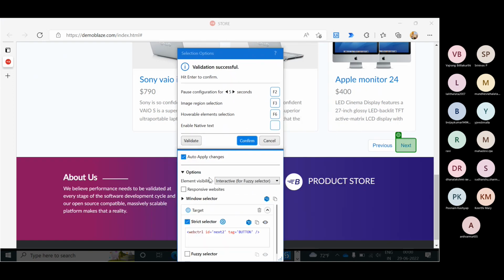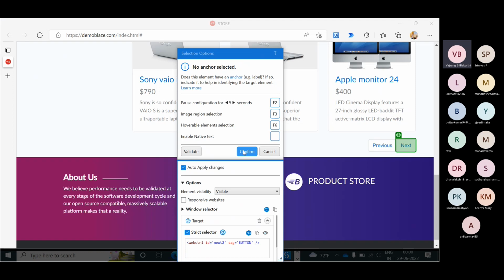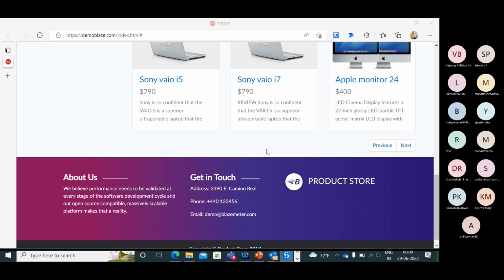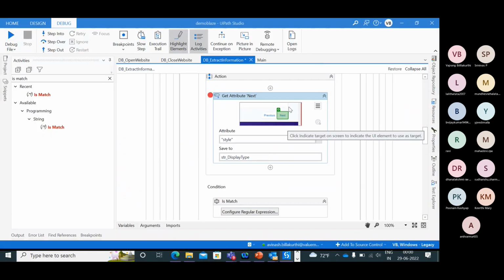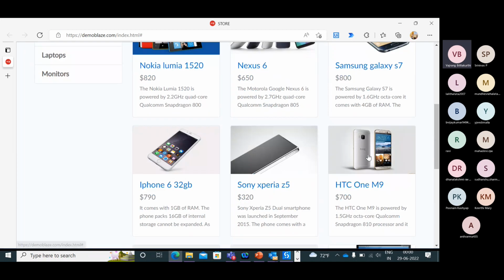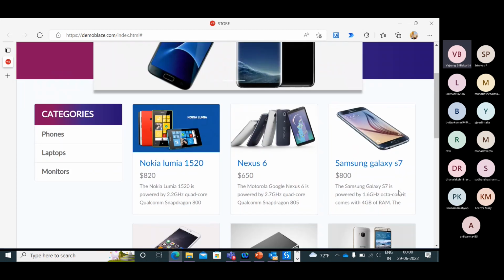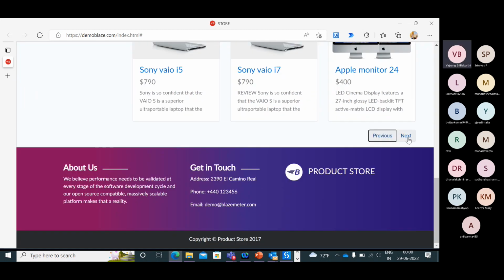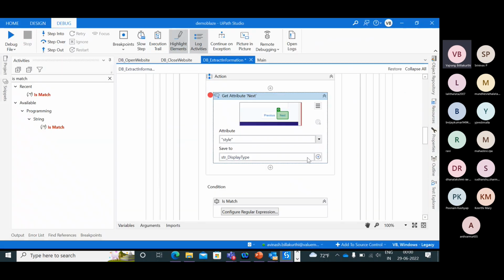Confirm. Let's ensure that element is visible on the screen. But the problem with element is visible on the screen is, if it is something like this, the screen that's not visible, it should not validate. So that will be a problem with this validity.